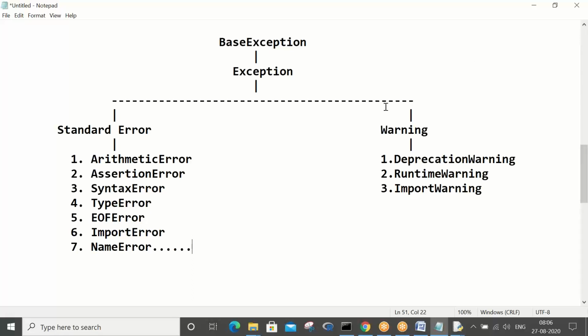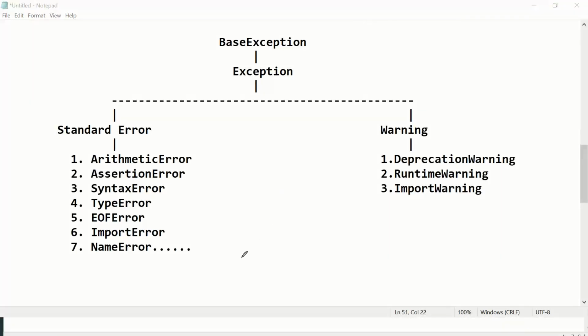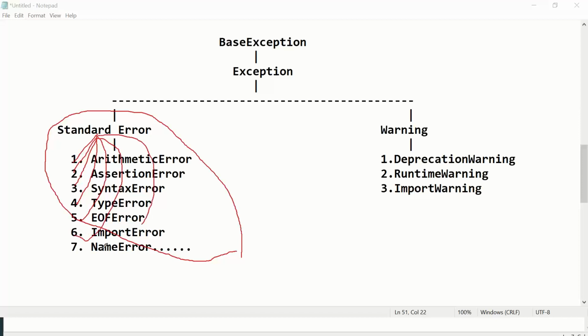So tell me what is this inheritance concept? Hierarchical inheritance. Am I right or wrong? Standard error is coming to every other class.